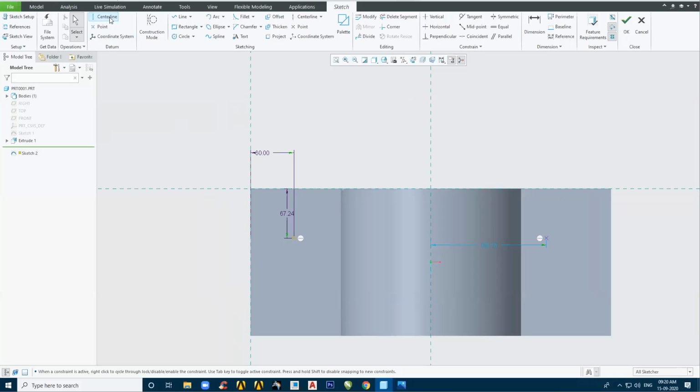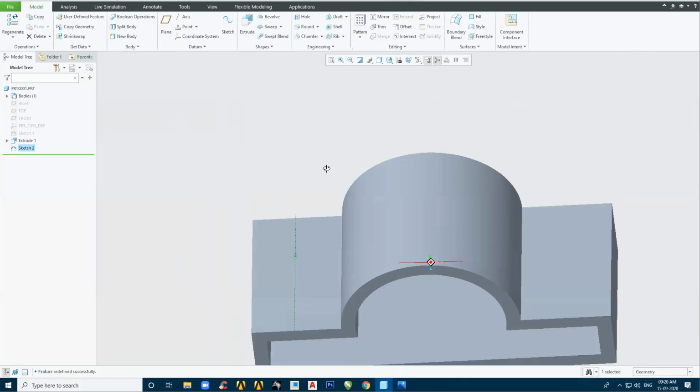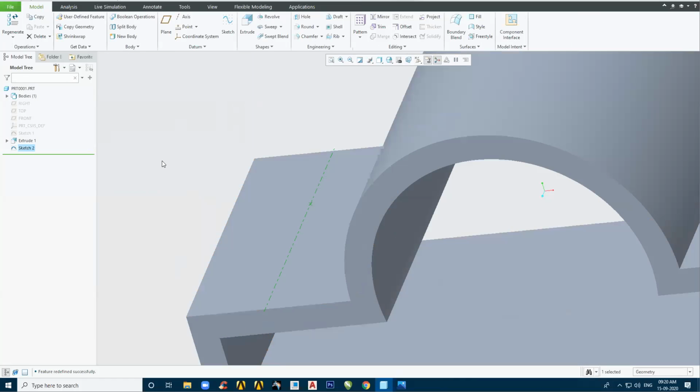So this center line, this point, or this coordinate system, if I create them, are reflected in my solid modeling workbench, which I had created in the sketcher workbench.